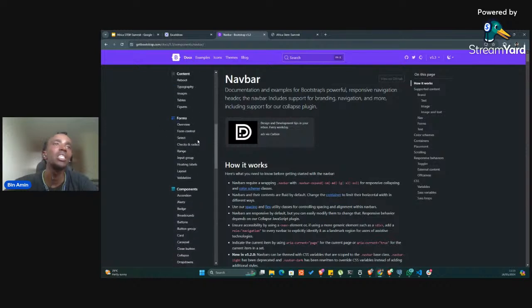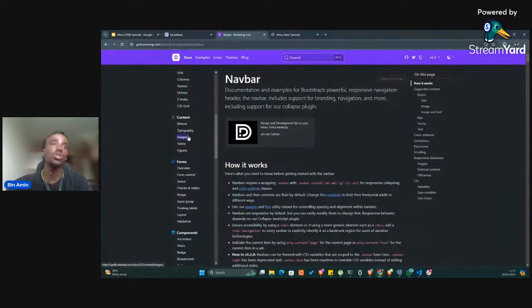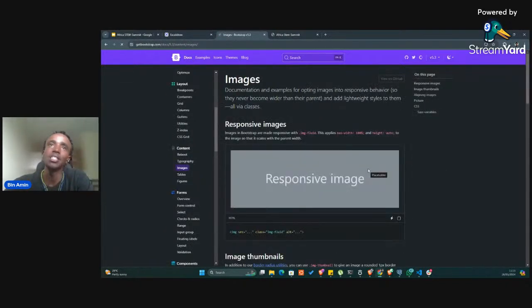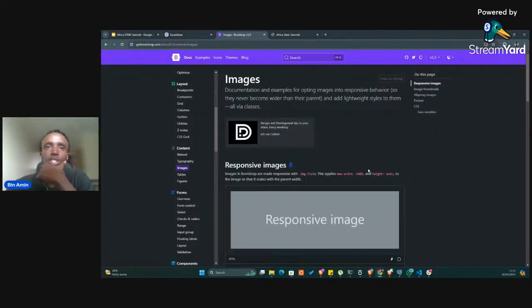When you go to the official documentation under content, you'll see images. It's very difficult to use CSS with images. It brings you a lot of problems because most of the time you'll find the image is oversized, or whenever there